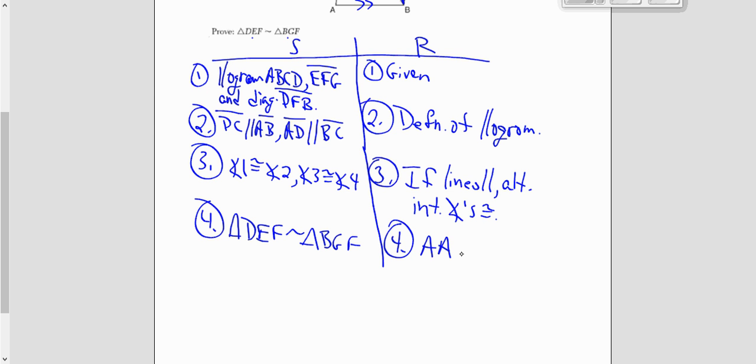Anybody have any questions on it? So if the triangles are similar, you know that corresponding sides are what? Proportional. If triangles are similar, corresponding angles are congruent. So if they want you to get an angle pair congruent, you need to prove the triangles similar. All right, so the problem set, day 1 and day 2, you'll do